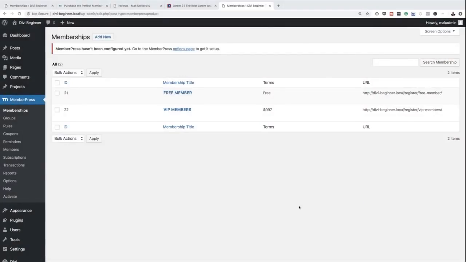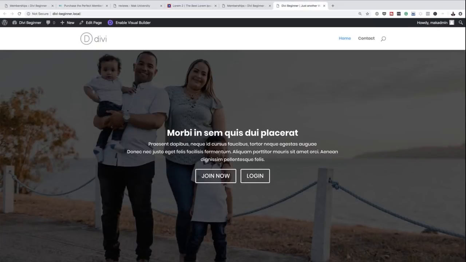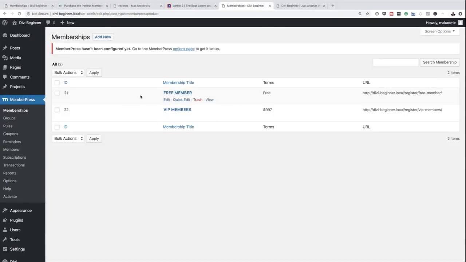So moving on. Now that we have these two memberships, how do you want to do this now? Remember, on our homepage, in fact, let me go to it here. Visit site. Okay. Open this in a new tab. So on our homepage, we have join now. So we could say join now for free. And then here, what you need to do is to take this link, which is the free one, copy it,